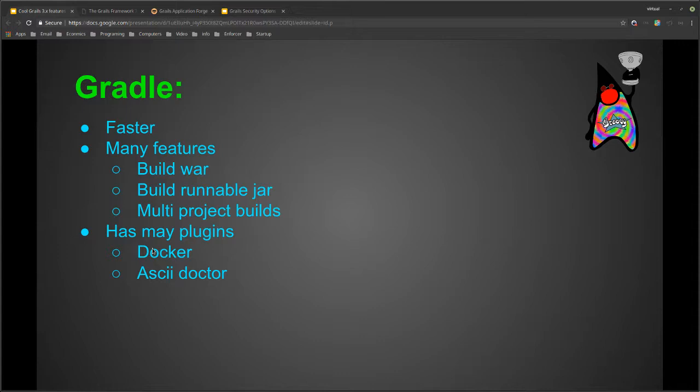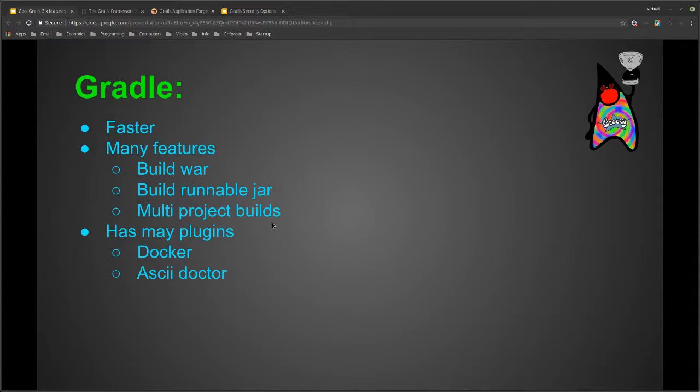I think there's a guide for it. There's also support for things like AsciiDoctor, and this is where, if you've looked at how many plugins are in Grails 2 versus 3, you'll find that there's probably about 1,000 in the repository, 1,000 plus for Grails 2, and there's only a couple hundred for Grails 3.